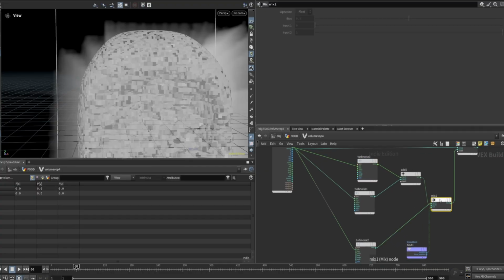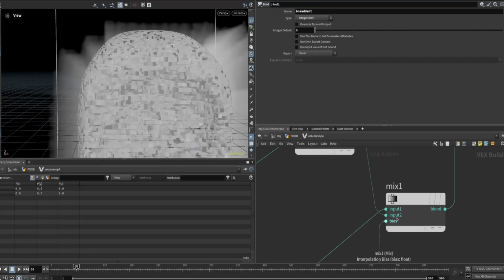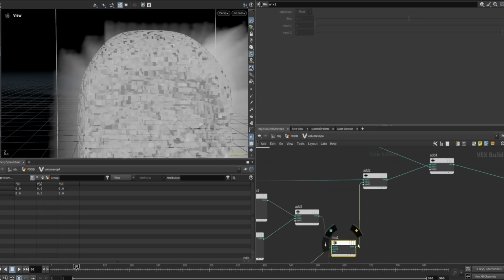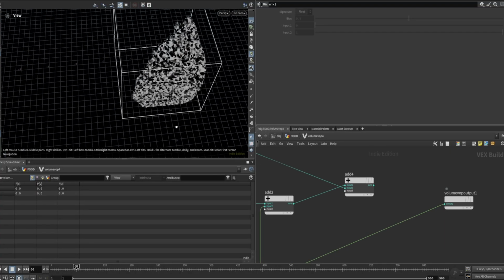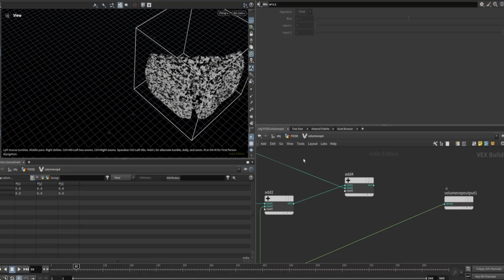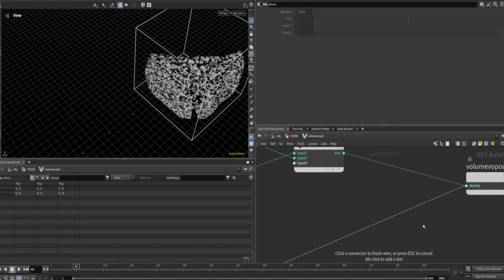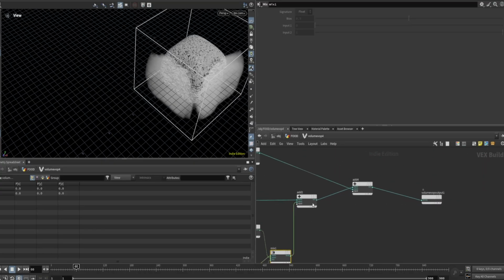So I'm putting it in a mix node, and then I'm bringing in a bind import, and I'm saying bring in the attribute breadDent, which is an integer. And so that's what I plug into my bias. So using this, if I just do this, we see, oh, it's giving us the noise on only the breadDent. Obviously it doesn't look right because we're just doing part of the geometry. So that's what I want to add to my initial